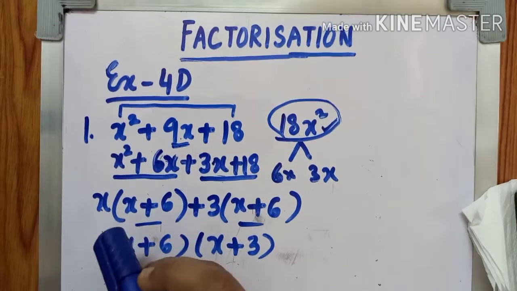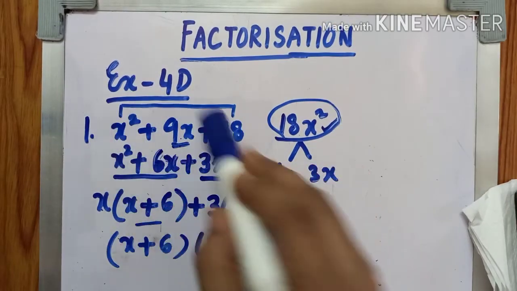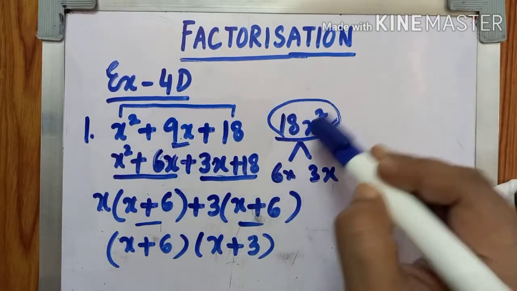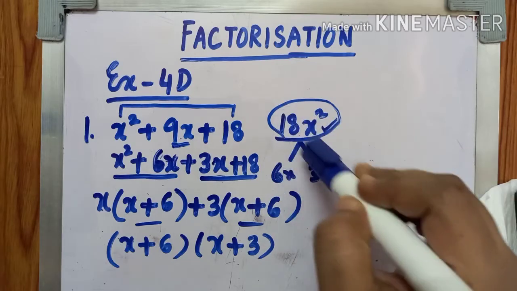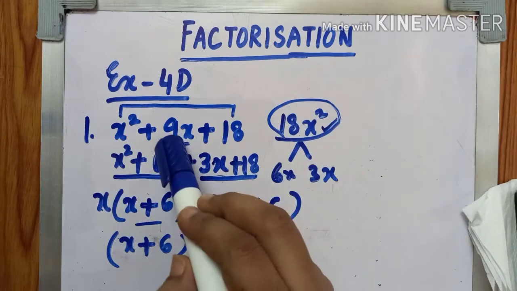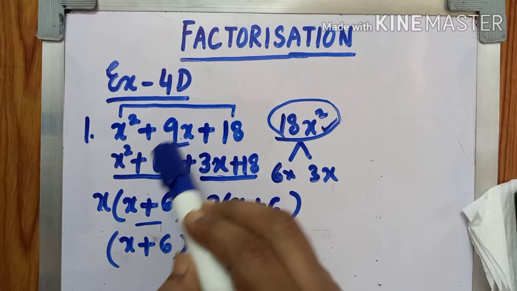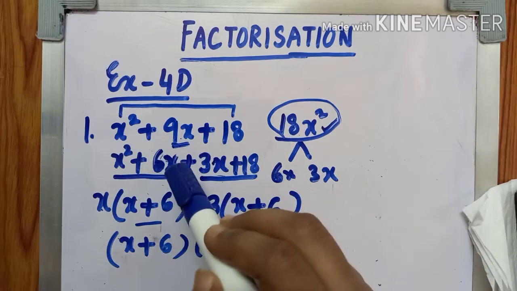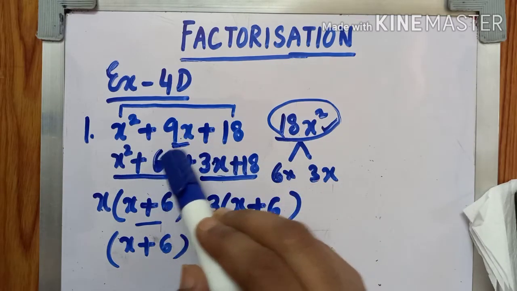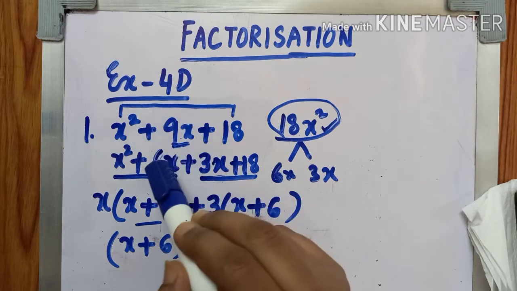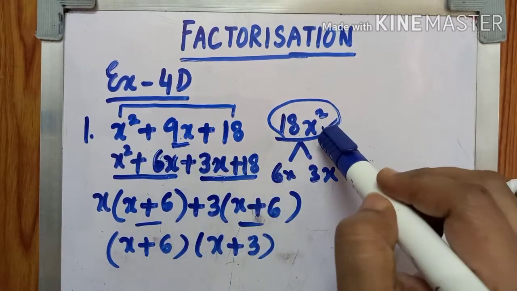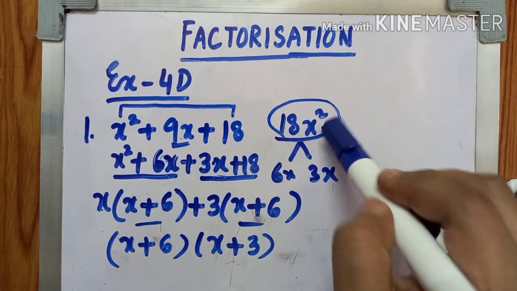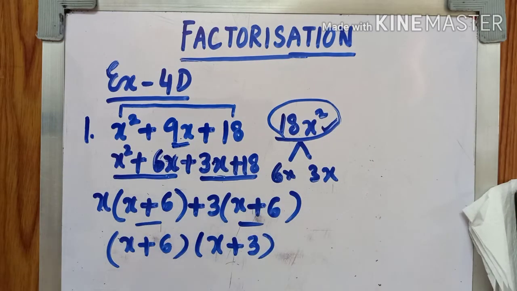First of all, multiply the first term with the last term, and you get one term. That term you just write here. The middle term, the second term, you have to write in such a way, either with plus or minus, that you get this term, and also when you multiply, you get this one. So this is how you have to do it.